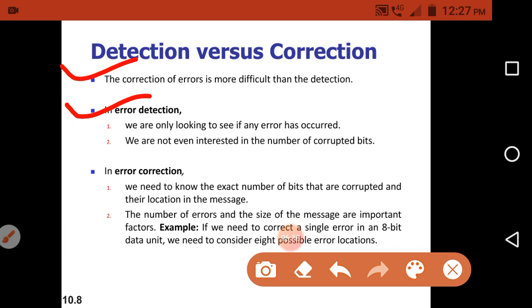Detection means we only detect whether the error has occurred. We are not interested in how many bits are corrupted and what the location of those corrupted bits is. So here you only need to know whether the error has occurred or not.